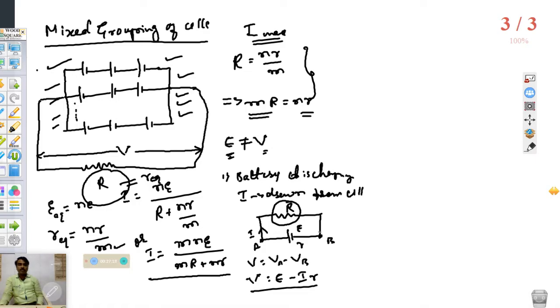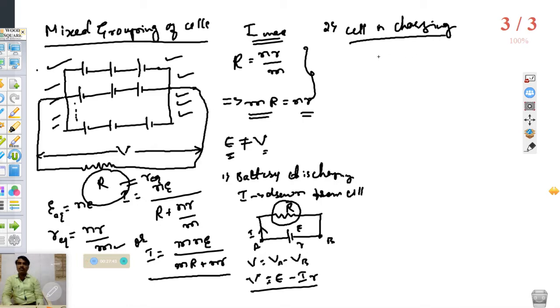It is not a single resistance, it may be a group of resistors also. So V is equal to E minus IR, as we used to write. This is when the current is drawn from the battery, or when we can say that the battery is going to be discharged. And next condition, if the battery or the cell is charging from another source.